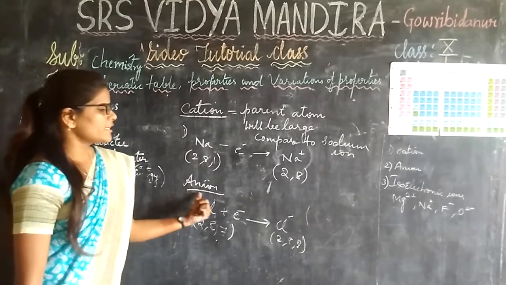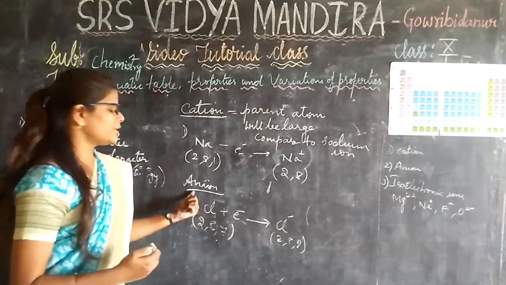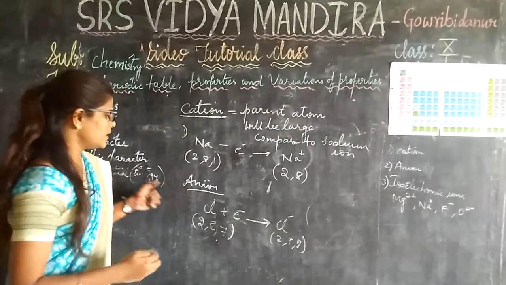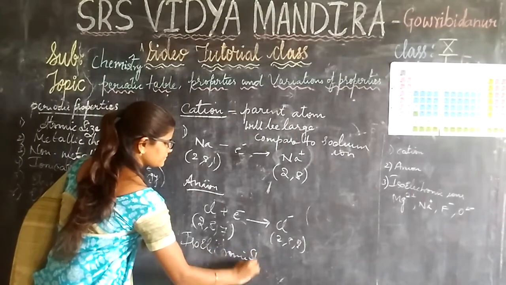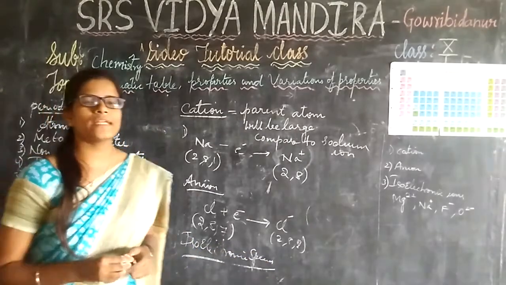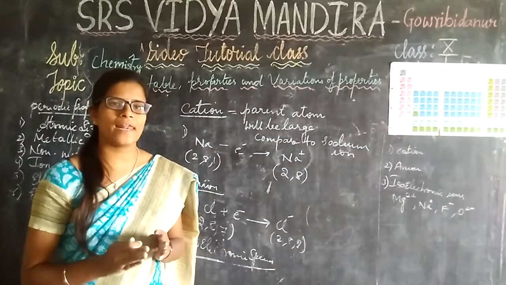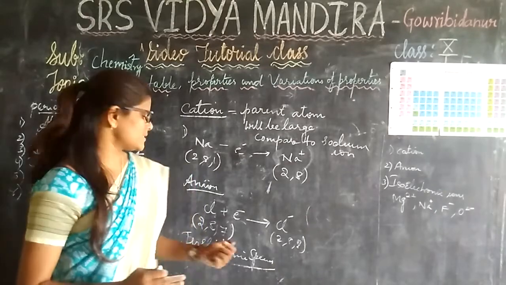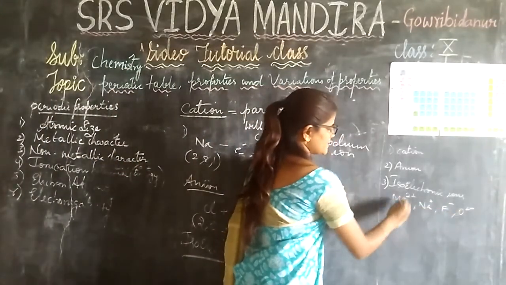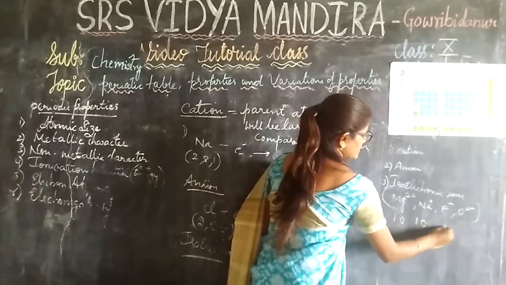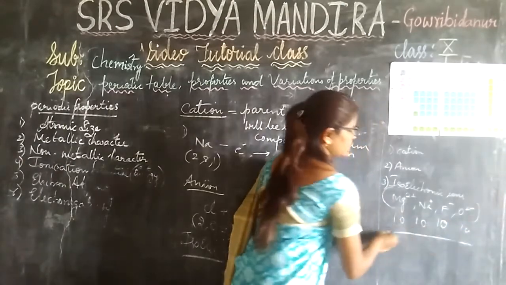But in case of the anion, the chloride ion will have a larger size. 10 electrons. This is about isoelectronic